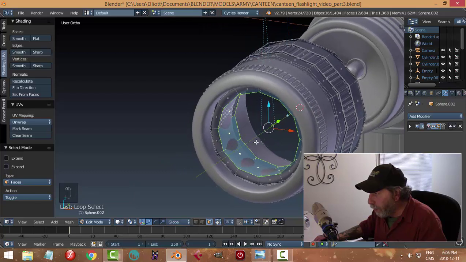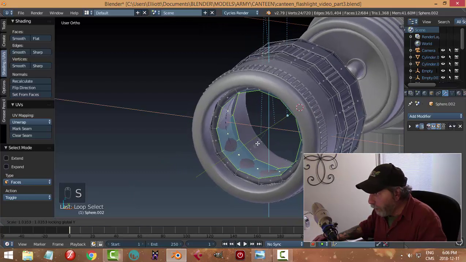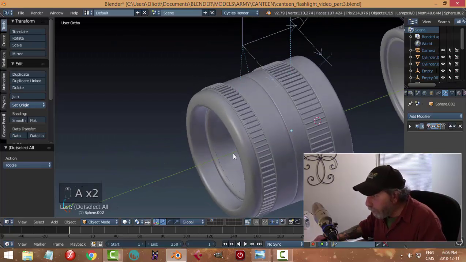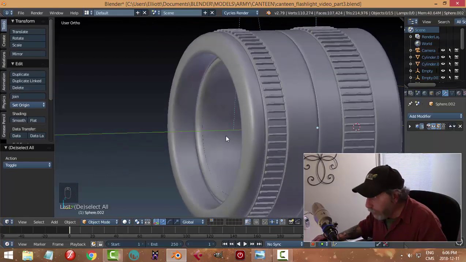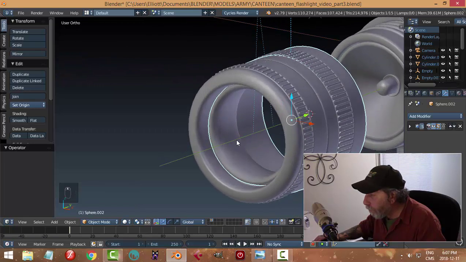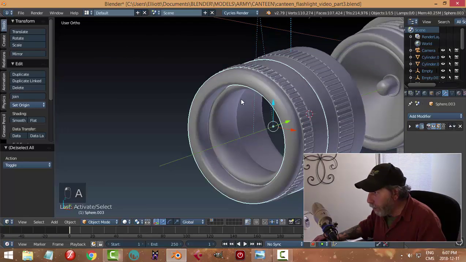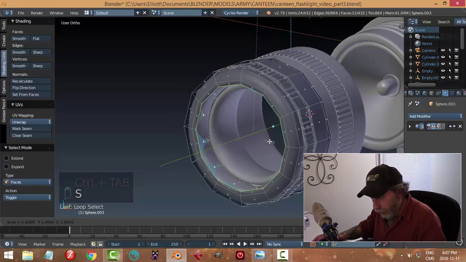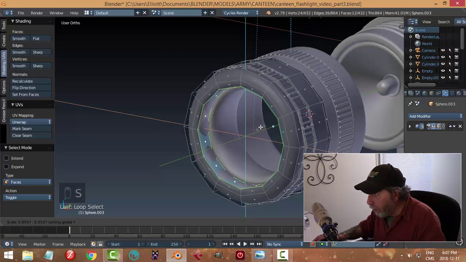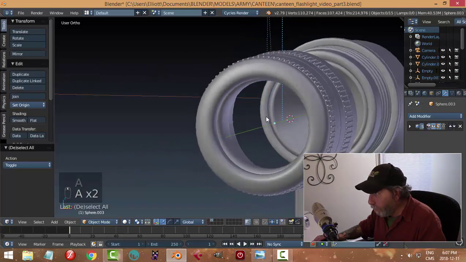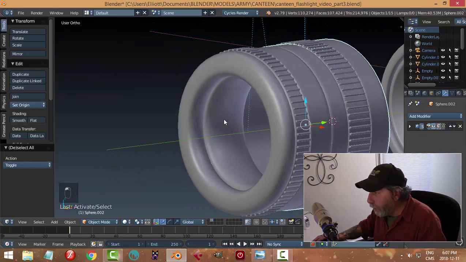I can push this. Scale Shift Y before I start getting that stuff. Okay, a small amount. All right, well, maybe that was too much. All right, well, let's switch over to this for a moment. I'll put edge loops on that in a bit. Let's take this, Scale Shift Y. Let's see how far I can pull this in before it looks ridiculous. I mean, I could live with that,